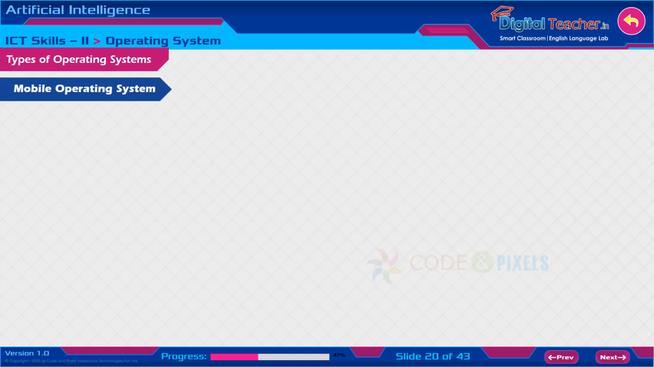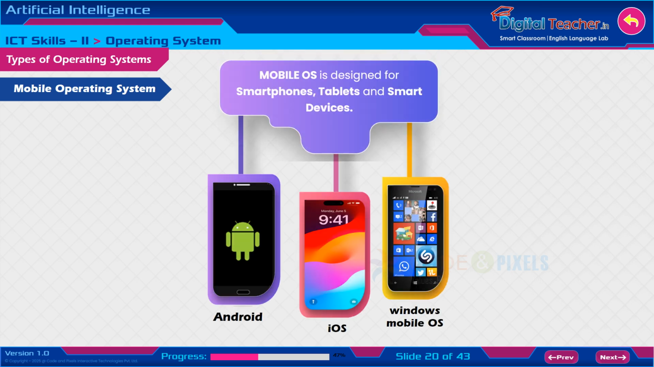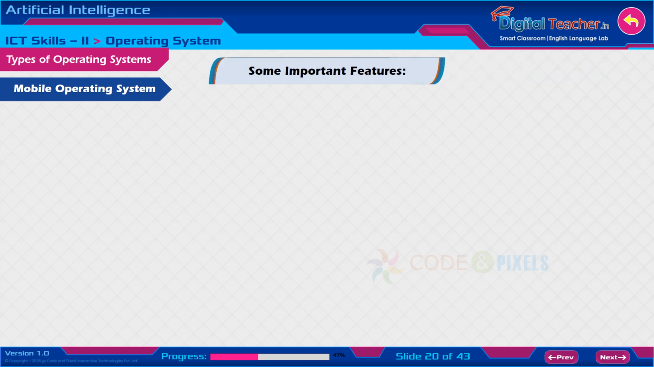Mobile operating system. A mobile OS is designed for smartphones, tablets, and smart devices. Some important features are: